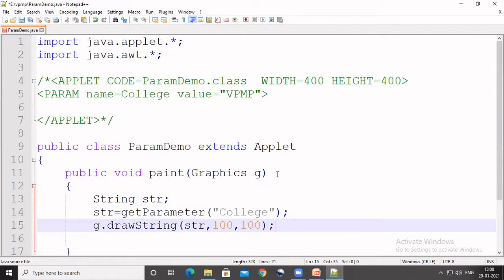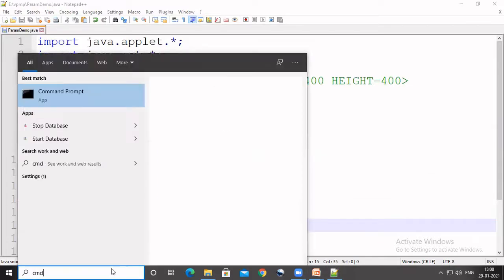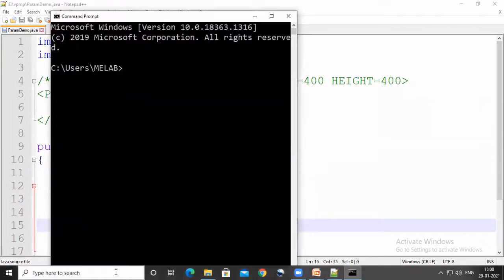Now, first of all, we save this program and now we run this program using the CMD. For that, we open the CMD and set the directory path of the file. Then using the javac compiler, we first compile this program, which will create the .class file of our program.